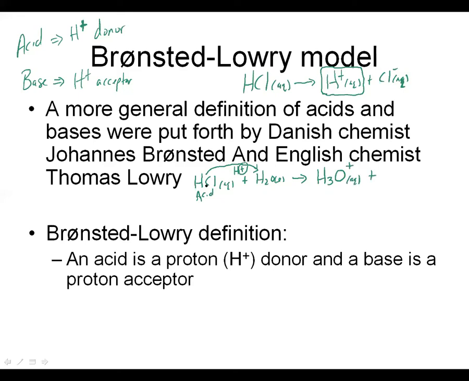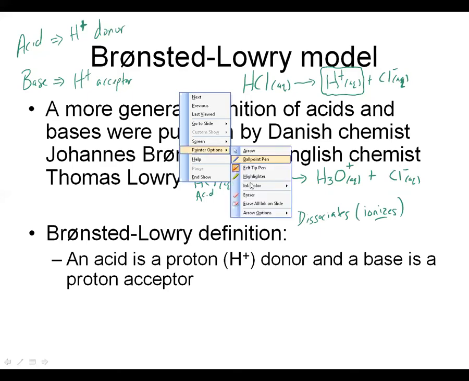And then what's left is, since the water in this case would be acting as our base and it would be accepting it, what's left here for our acid is just Cl minus. And this way of writing how this strong acid dissociates is sometimes referred to as ionizing. It's probably spelled really bad, I apologize. But this is also a perfectly fine way to represent how an acid like this would be breaking apart